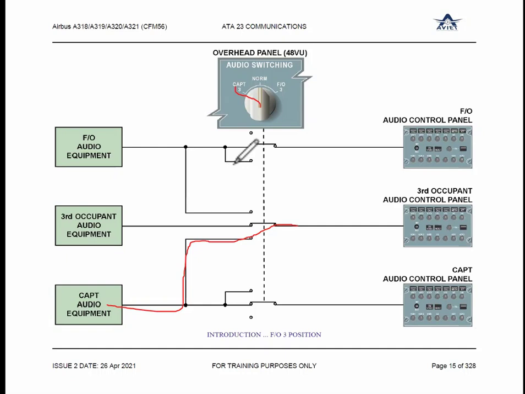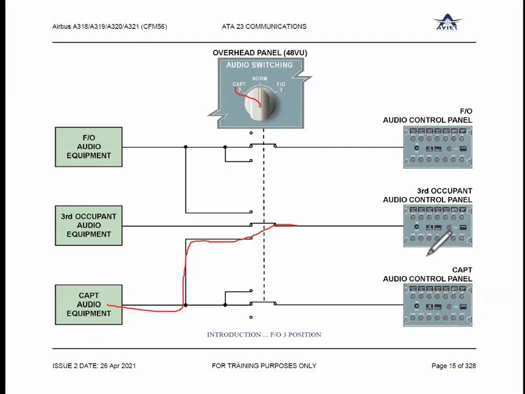Just one question to clarify. If we take the RMP for the first officer, if that RMP is not working at all, there's something wrong with that hardware. We are talking about RMP or ACP? We are on ACP now. It's not the same case. So you are talking about RMP or ACP? ACP. So we are on the same page. Okay, go ahead. If that ACP is not working at all,